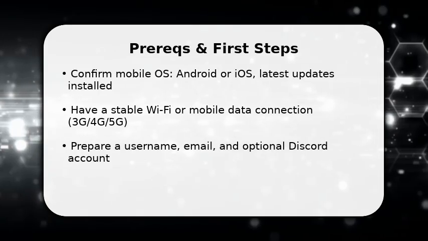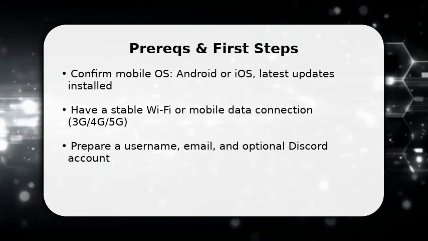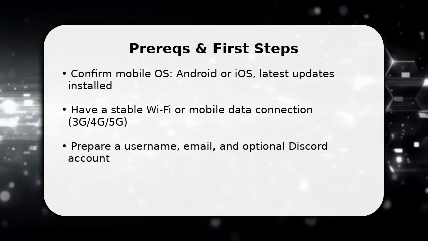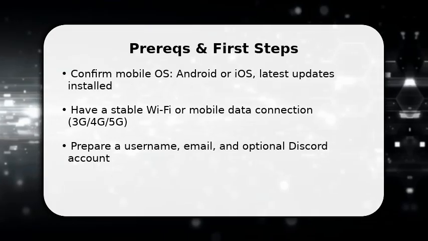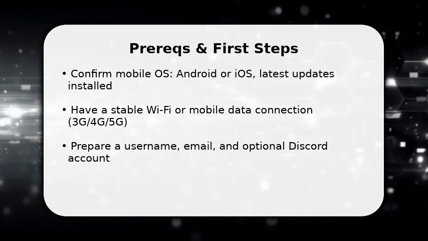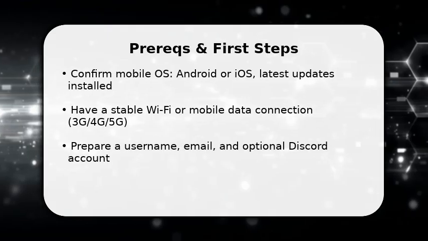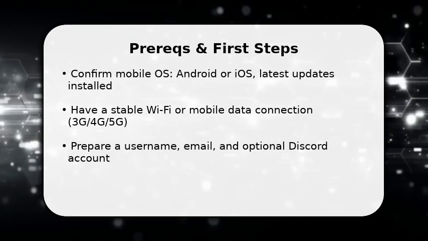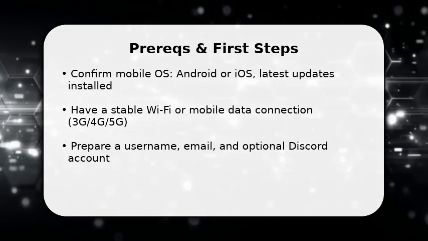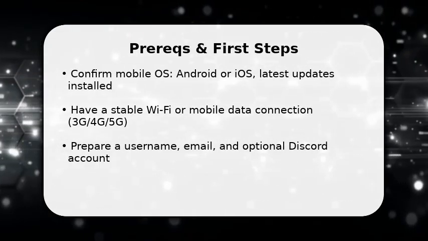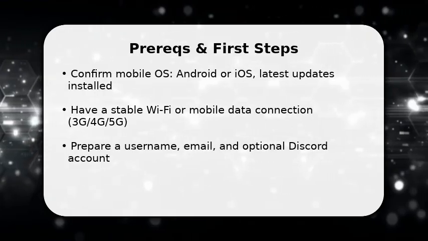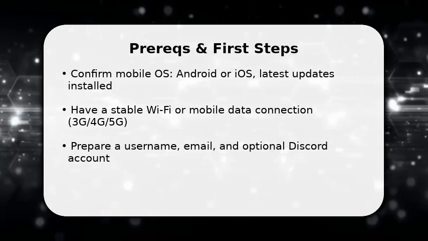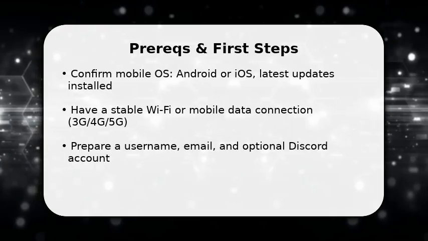You start by confirming essentials. Your phone is updated and you have a stable connection. Open your browser and set it to mobile view if needed. This helps layout. Next, register with a username and email. You can link Discord later for voice or community access. Once done, verify any email prompts so account features unlock. These steps prevent access errors and speed navigation, so you don't hit blocks when moving to server selection and game